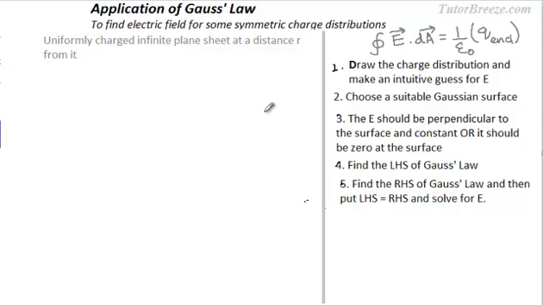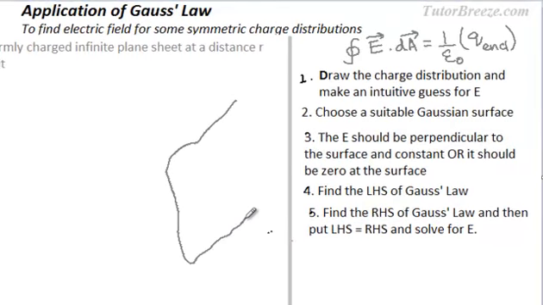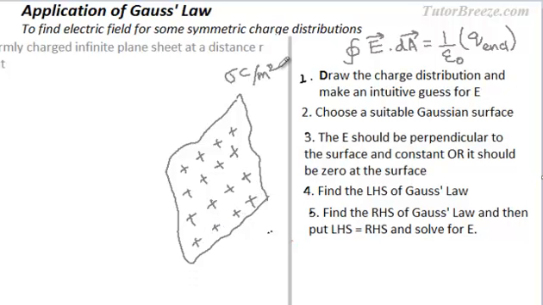Okay, so now we are going to apply Gauss's law to find the electric field due to this infinite plane sheet. I am drawing this with uneven sides because this is a part of an infinite sheet that has a surface charge density. We are assuming that it has a positive charge on it, with a uniform surface charge density of sigma coulomb per meter square. And this sheet is non-conducting, say like a sheet of thin plastic wrap.